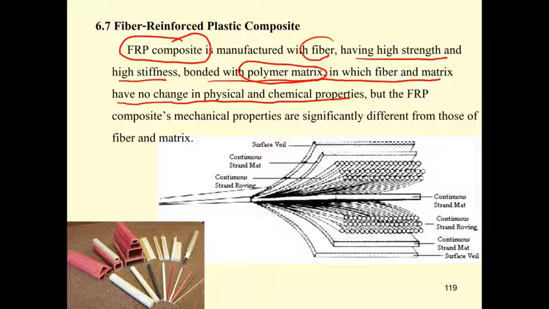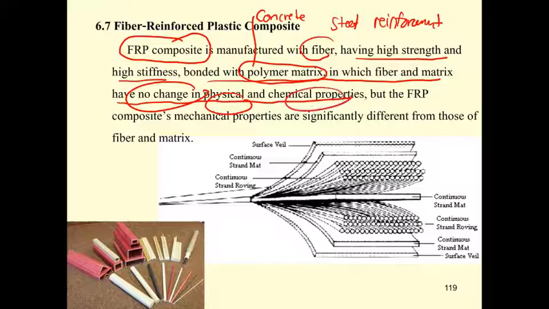Thinking about the fiber as the steel reinforcement, and thinking of the polymer matrix as the concrete, is comparable. When they work together, the steel and the concrete have no change in physical and chemical property. And then they're going to help each other to